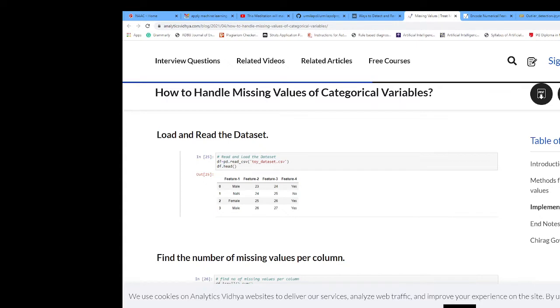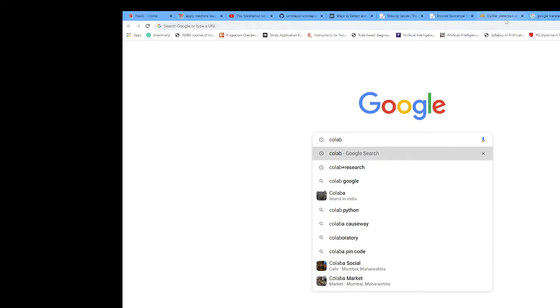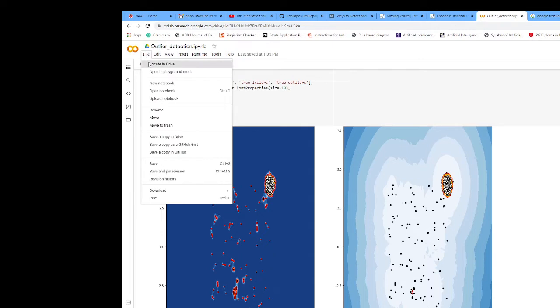How to read that dataset? Using pd.read_csv, we have to give the dataset here. For example, in Google Colab Research, you can open a new notebook.